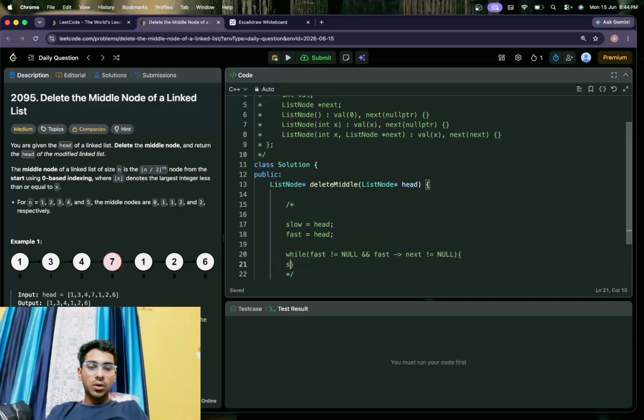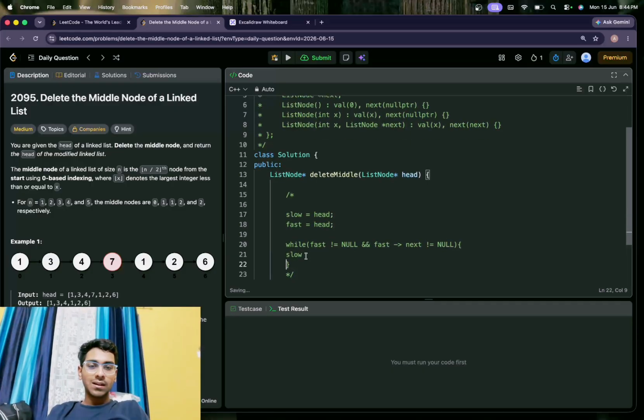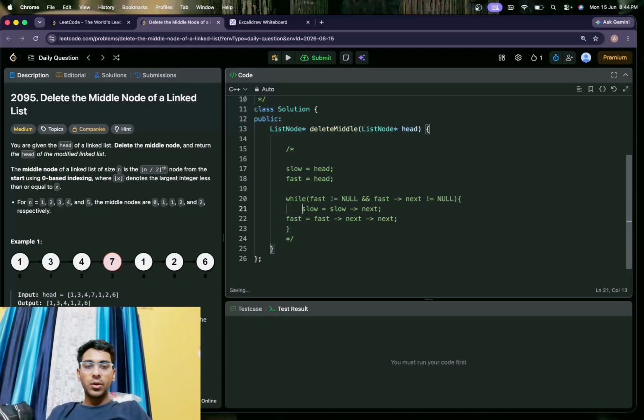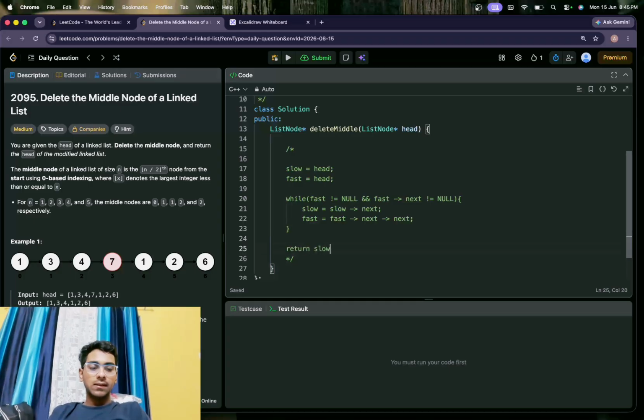In this I simply do slow equals slow of next, so I'll move slow 1 point, and fast equals fast of next of next, so I'll move fast by 2 points. Then I'll return slow, and this slow would be our middle of a linked list.